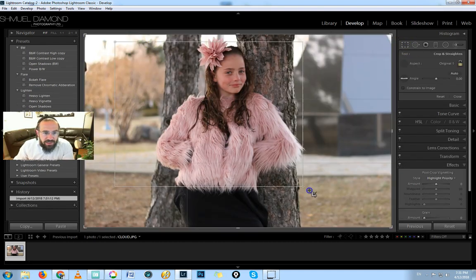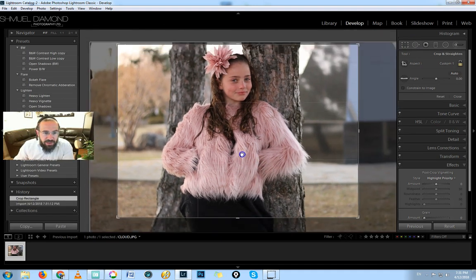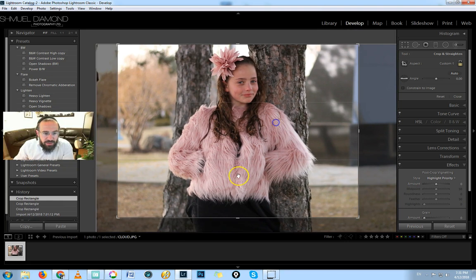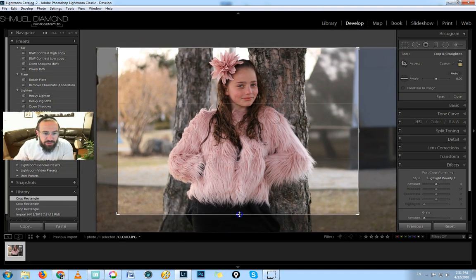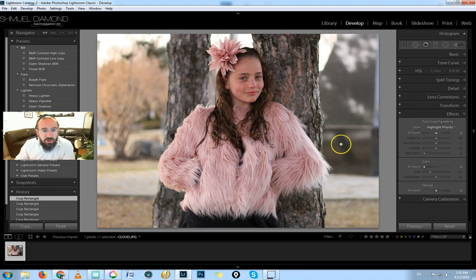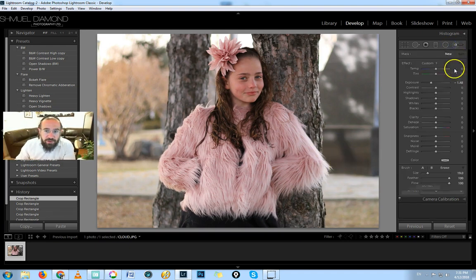Let's have a look what we can do here. Again, like I always teach, I don't care about the aspect ratio, which means the shape of the image. I crop however I wish. Although we did get into trouble for that the other day, by somebody who printed something and the head got cropped off. But she was obviously given the option. I don't think she should have made that mistake personally, but anyway,